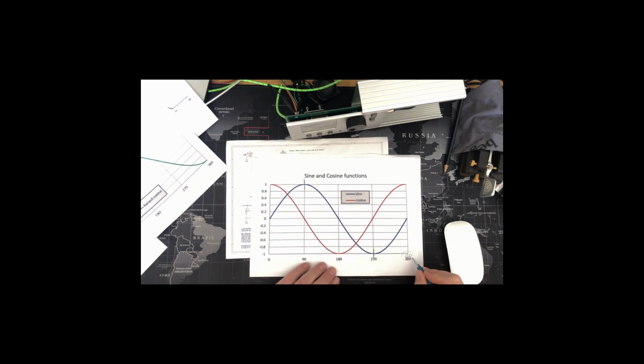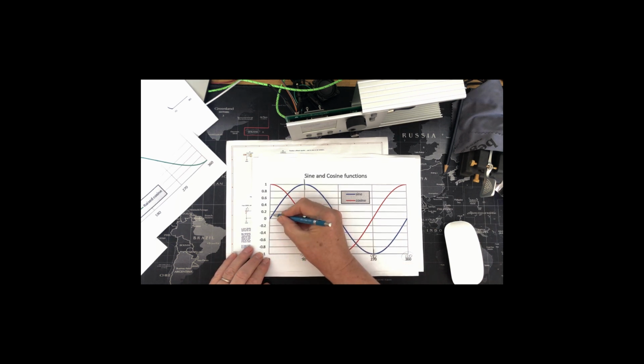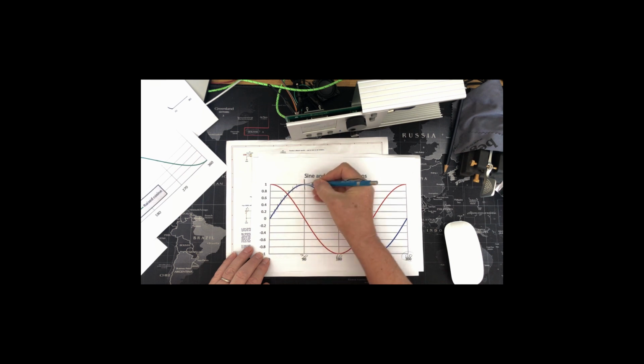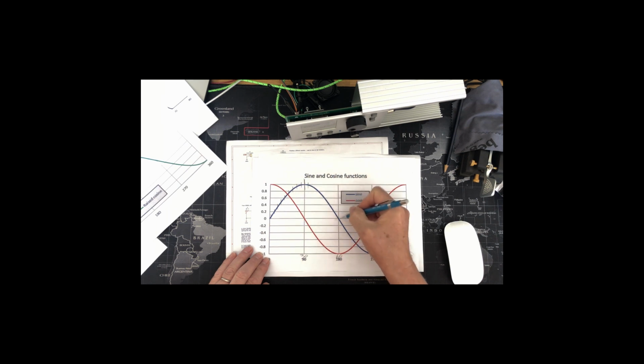So half of 120, so it'd be 60 there, 30 there, and 90 there. So I've got 120 bins worth of information explicitly defining 30 points on each